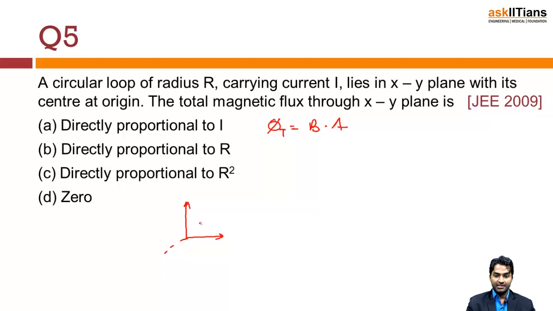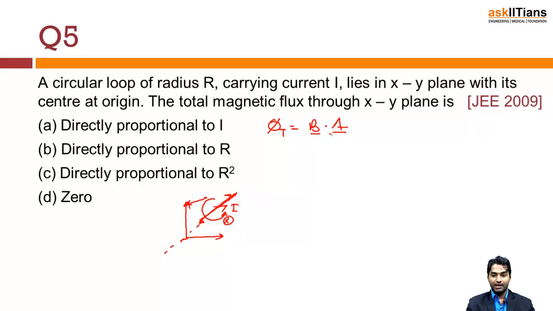So let the wire be in this direction, that is, a wire carrying current I in the xy plane with its center at the origin. The total magnetic flux through it, using the right hand rule, the magnetic field would be into the plane and out of the plane, and then the total magnetic flux through the xy plane is. So total flux is B into area,